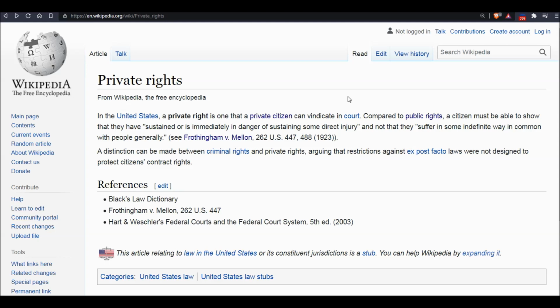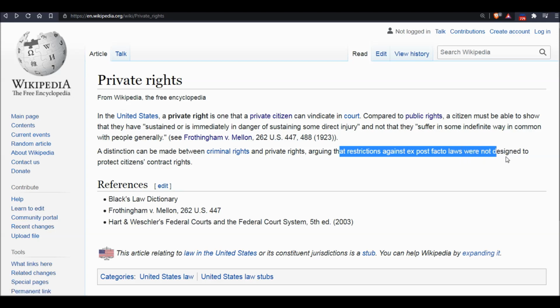That is what differentiates a private right compared to a public one. They even tell you blatantly, a distinction can be made between criminal rights and a private right. Arguing that, meaning with criminal rights, if you cite 18 U.S.C. 241, 242, it's not giving you a private right of action. Arguing that restrictions against ex post facto laws, meaning those things that they've compiled together and they're calling them laws, like the video that we went over regarding the difference between the statute at large and public laws,